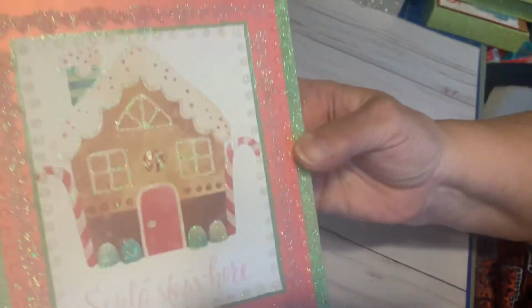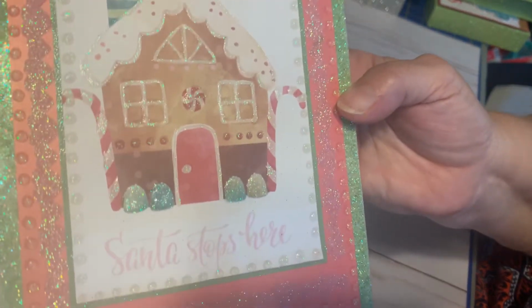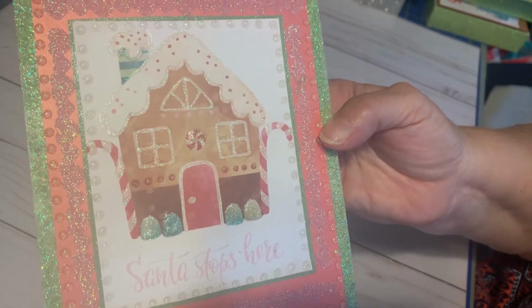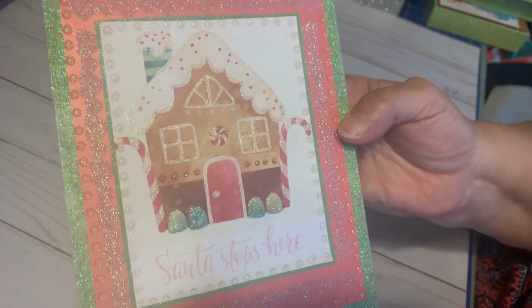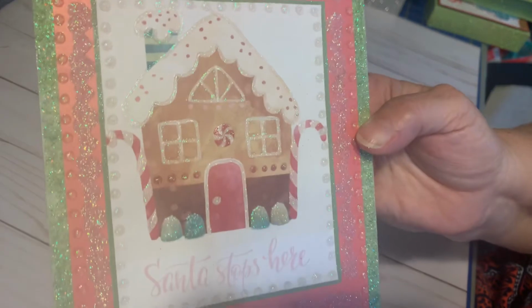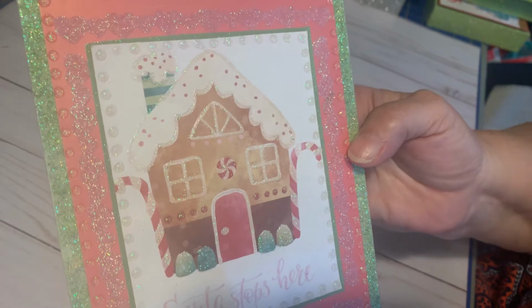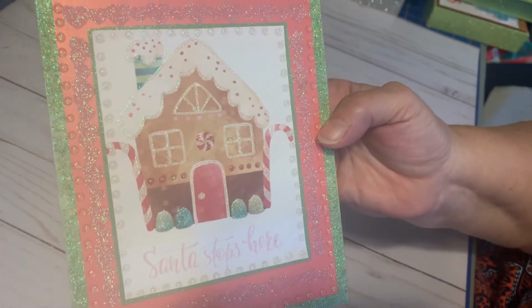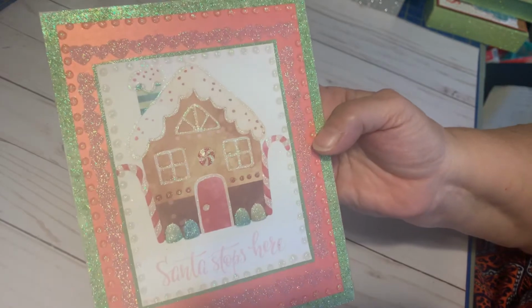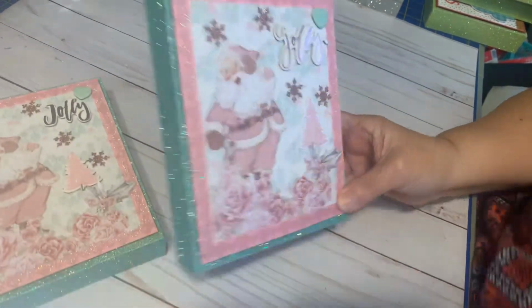This one is nice and I like it. It's a Santa baby, done with Santa baby stuff, but it doesn't have much dimension, and I'm not a crafter that puts a ton of junk stuff on things. I go for a little bit more simple, and that's just my style of crafting. So I made this and I like it, but it doesn't have enough depth for me. And so I wanted to show you these new ones I just did using Santa baby,